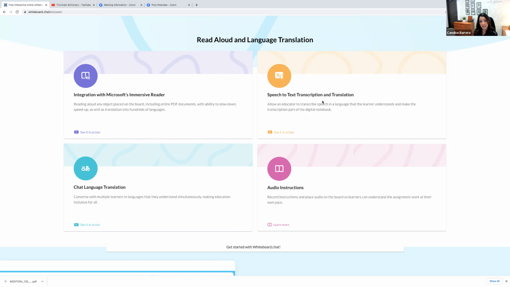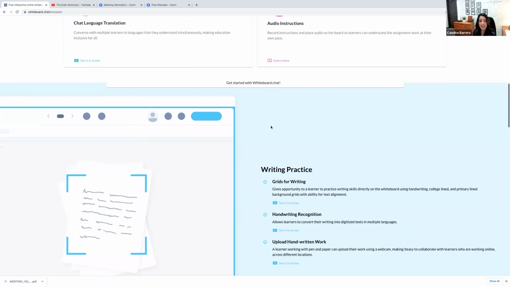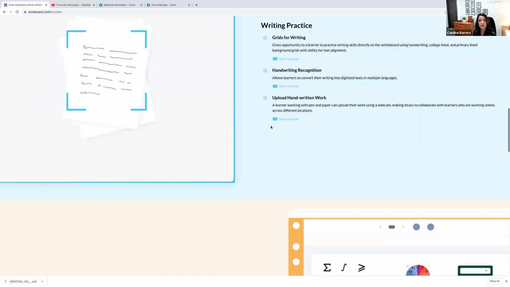So if they need to take this home for homework, if the assignment is assigned for homework, then they can actually listen to the instructions again at home. So really, really neat things there. Okay, so it just goes on to show you there's other things like